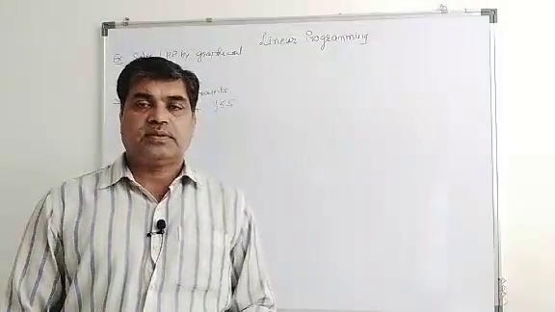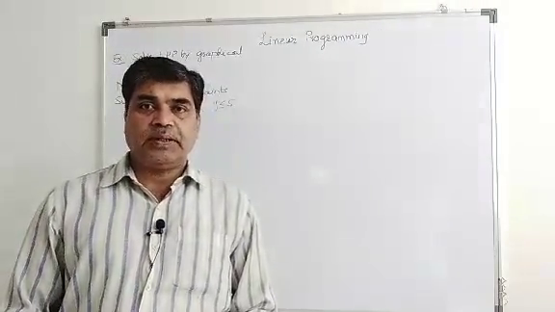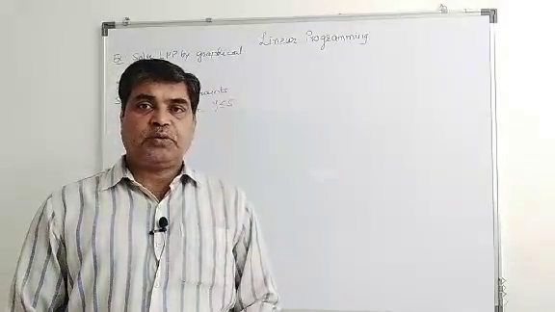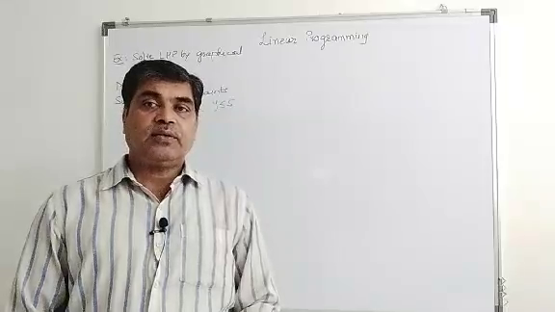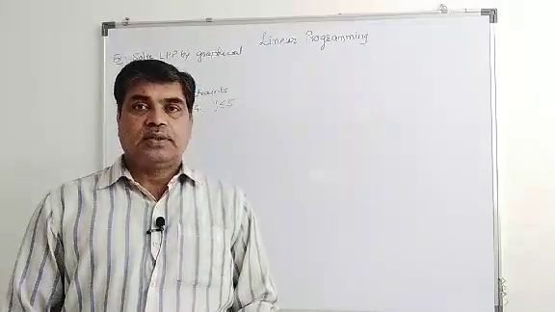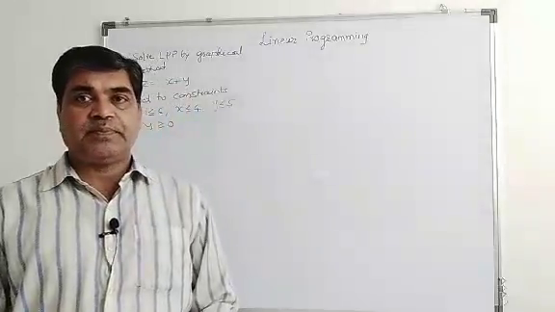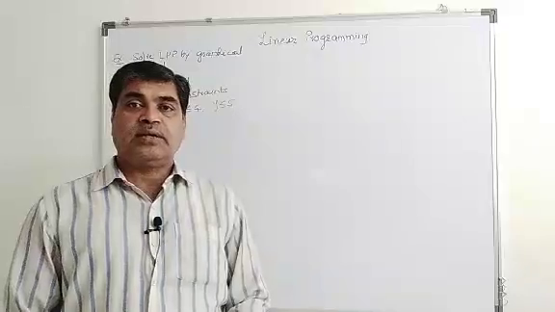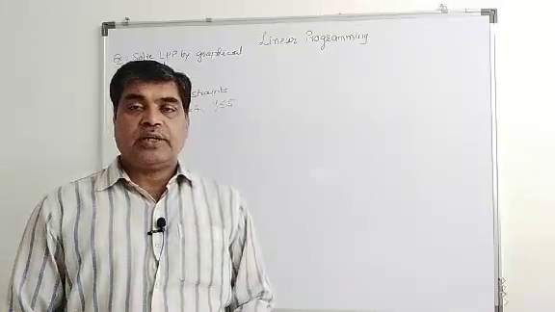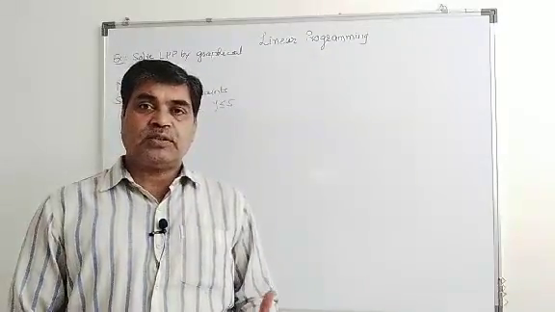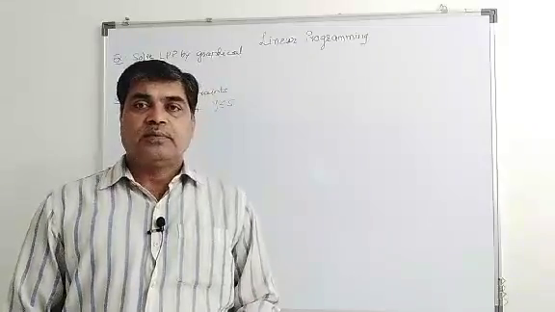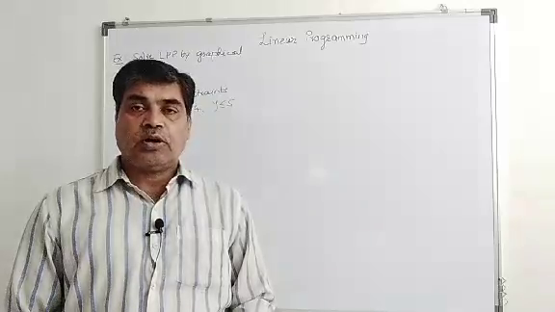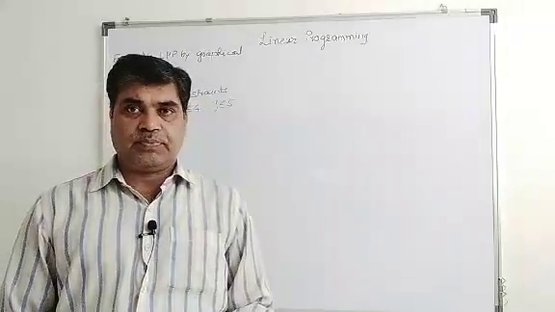Hello students, in the first lecture of linear programming problem, I explained what is the linear programming problem. Then we took one word example in which the objective function is maximization type, subject to constraints of less than or equal type, with non-negative restrictions, and with the help of the graphical method, I explained the terms solution of linear programming problem, feasible solution, and optimal solution of linear programming problem.